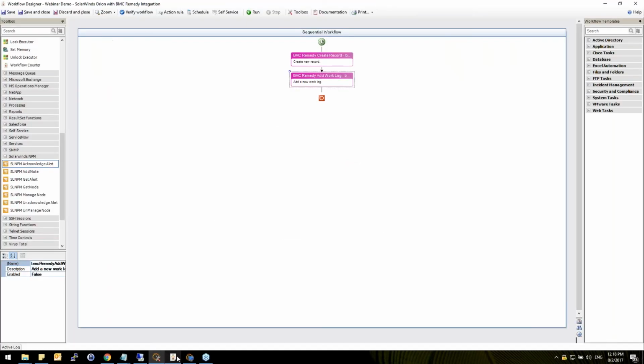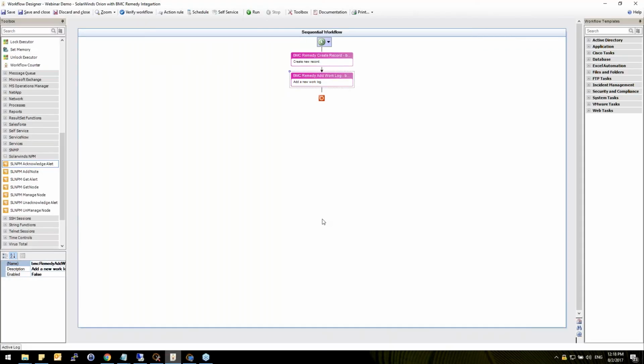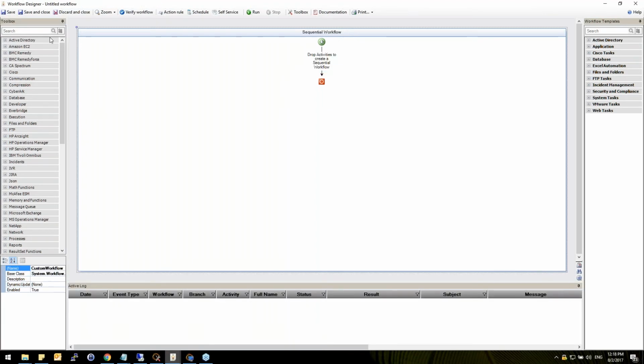But now, let's go, first of all, to the iShare Workflow Designer to showcase how easy it is to actually build these scenarios. So let me open a new workflow. And you could see here that this workflow designer has a toolbox on the left-hand side, where you could see all the activities or all the out-of-the-box content that we provide. So if you're going to look at a new workflow, you could see on the left-hand side the BMC Remedy activities. And to open a ticket, what we'll need to do is only drag the Create Record activity to the center,